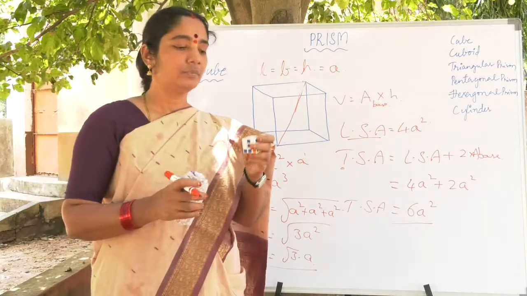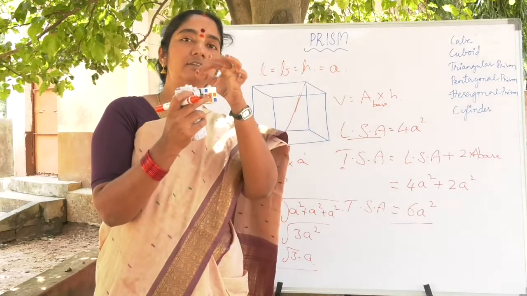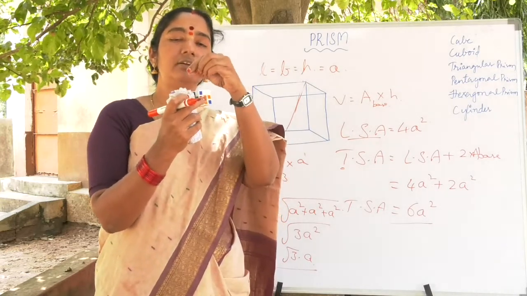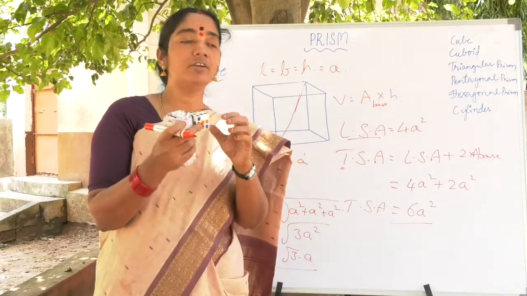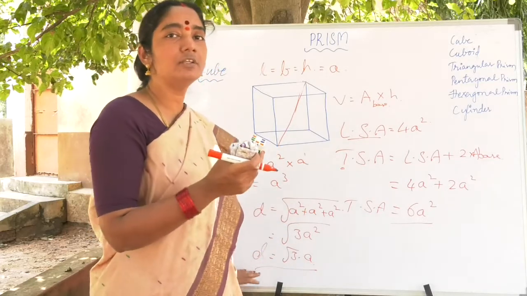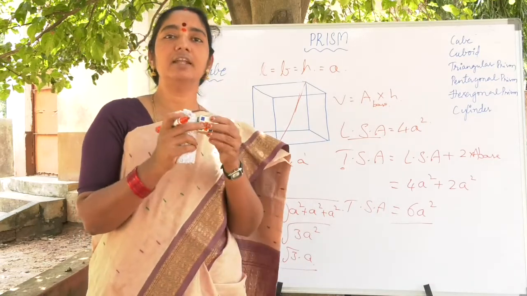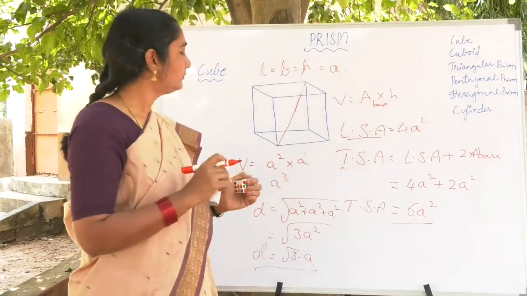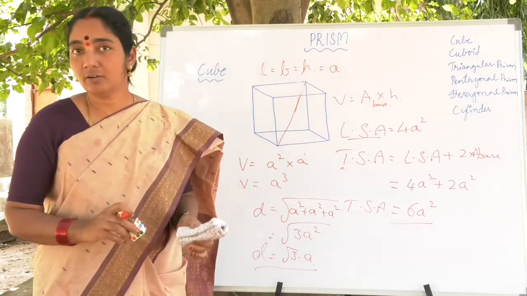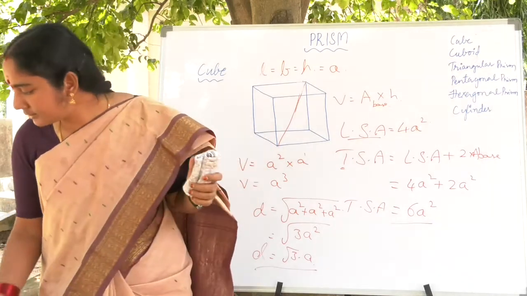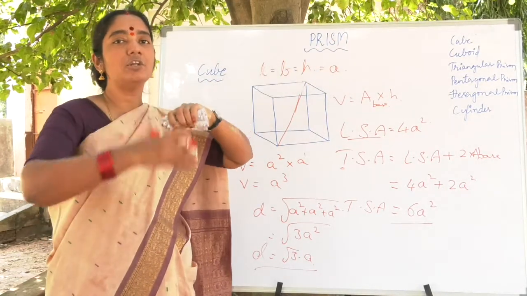Diagonal of the cube. For example, a question can be asked like this: what is the longest rod which you can put in a particular cube? How to find out? By using the value of the diagonal d, you can find out the longest stick that you can insert in that cube. So I think now you understood what is volume, lateral surface area, total surface area and the diagonal of a cube. So my dear friends, now what we are discussing is a prism, which means it is uniform throughout.